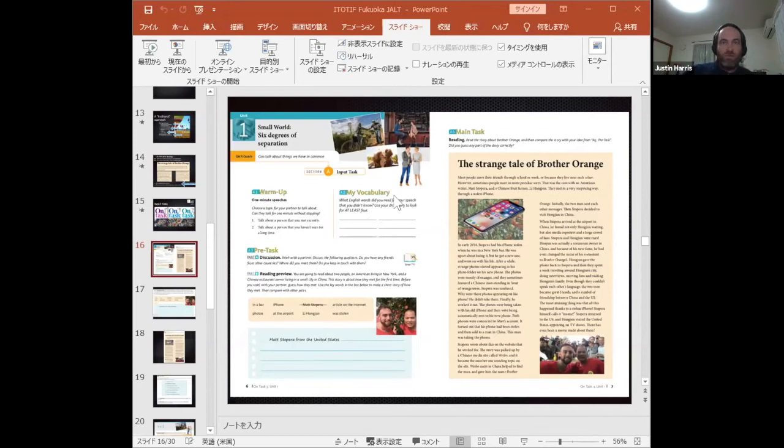And also what we've done is we've put this My Vocabulary thing in. So what they do is they find out what they didn't know. Like we've got a unit on rules, and invariably the word mongen comes up every time. They don't know how to say mongen in English. So they'll all look in the dictionary and find the word curfew and write it in here, and that's a new word for them. And the fact is, they've found that they didn't know that, and hopefully the fact that they wanted to know that now is a little bit more engaging and memorable for them than just me telling them the word for mongen is curfew, please write it down in your book, sort of thing.